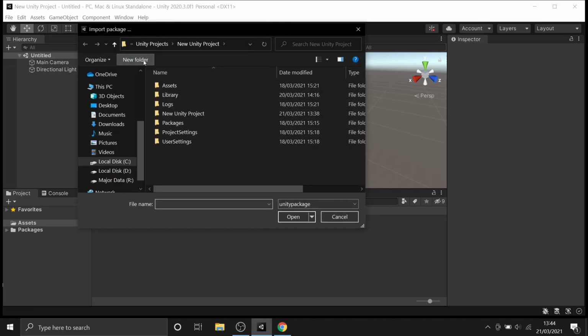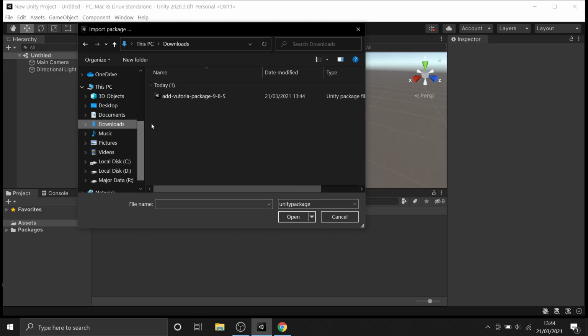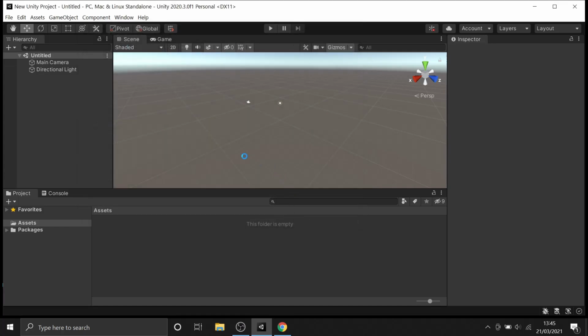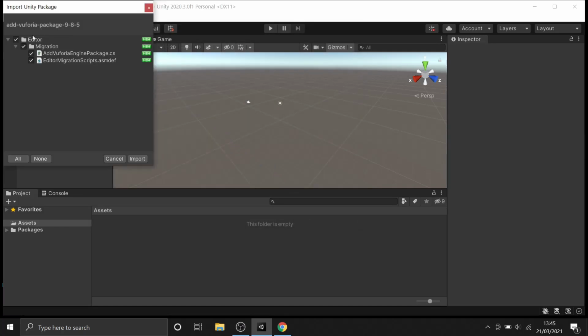It will pop up on the screen. Now go to your downloads folder, the default downloads folder of your system, and you will see this package which we just downloaded. Add Vuforia package, this one, open it. It will ask you, let this remain default, and just click on import.